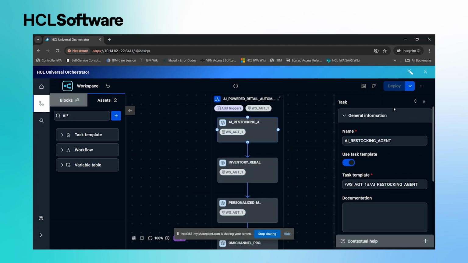We are looking at an agentic AI use case today, specifically around retail automation. This is for HCL Universal Orchestrator. So I have an AI restocking agent that is going to provide recommendations on restocking inventory. I also have an inventory rebalancing step, and then I'm going to rebalance the inventory based on inputs from this